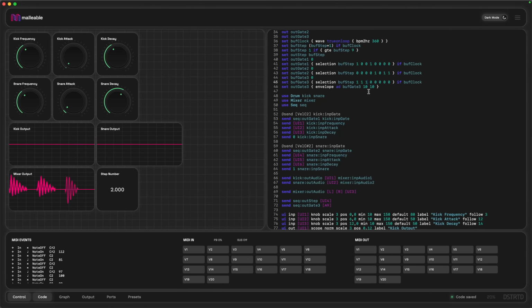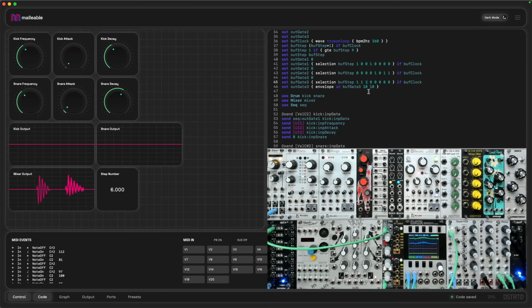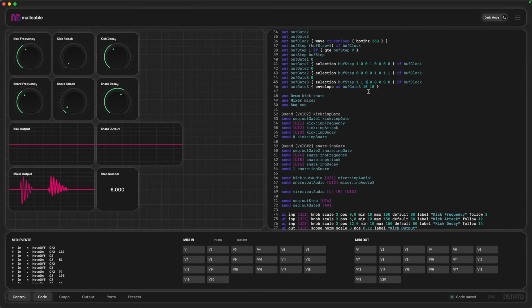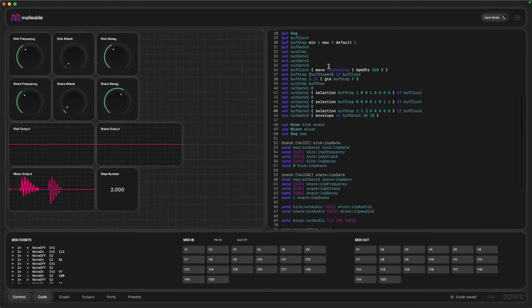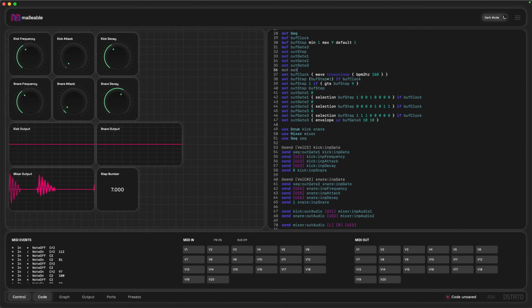Let me get the 1 volt per octave input from my oscillator connected to the next output on my Board Brain Optex. In Malleable, to send a value of 0 volts, we send a 0. To send a value of 1 volt, we send 10%, 2 volts, 20%, etc. So what I'm going to do is add another output called out pitch 3, and I'm going to set that